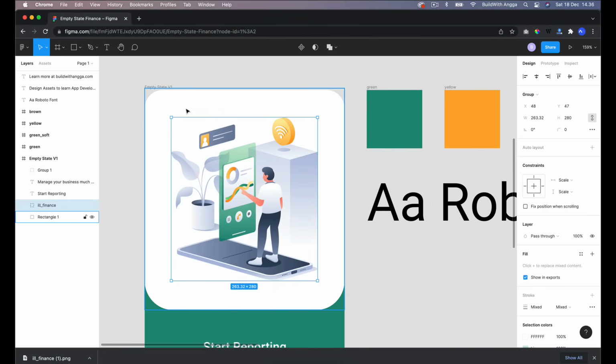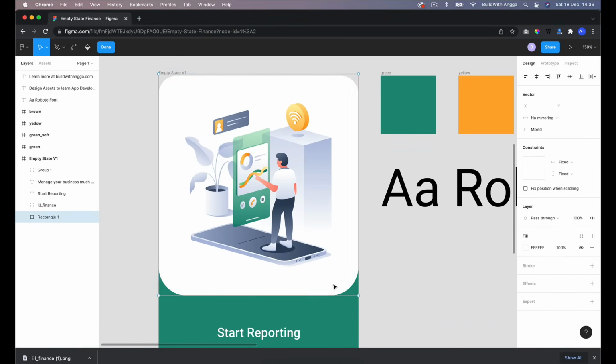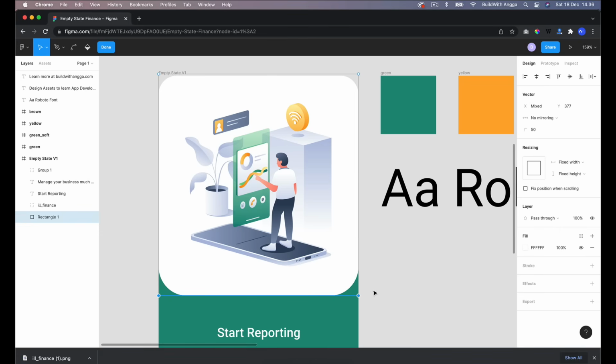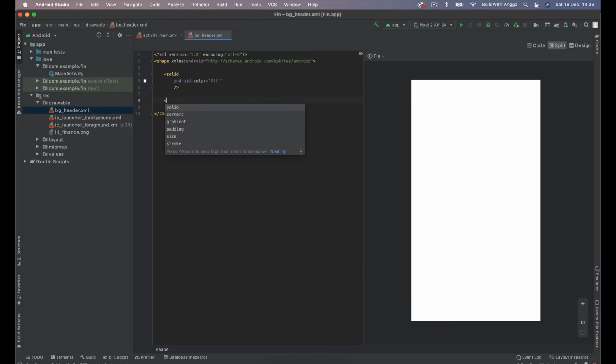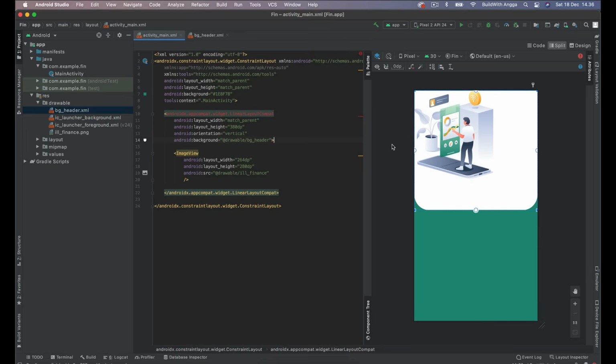If you go back to the design, we need to set up the radius, actually only these corners, which are bottom left and right. So corners bottom right 50 dp and bottom left 50 dp, and it is done.